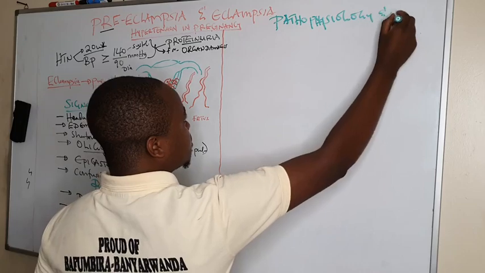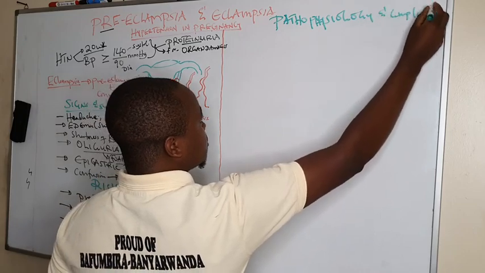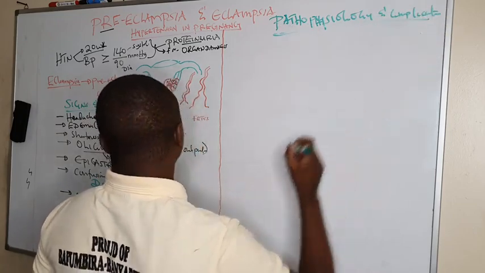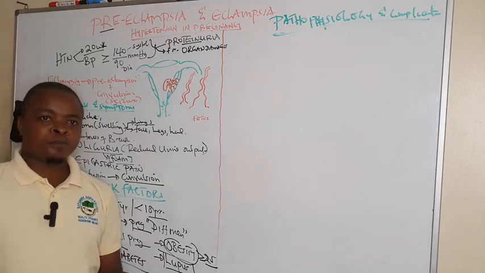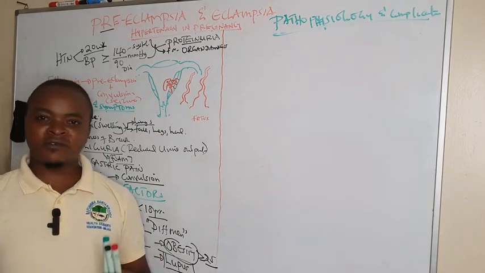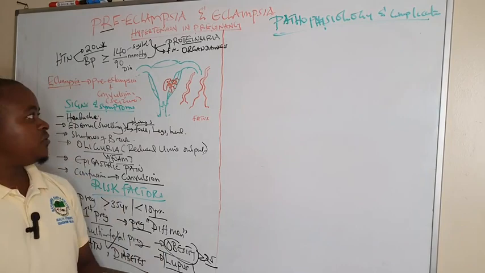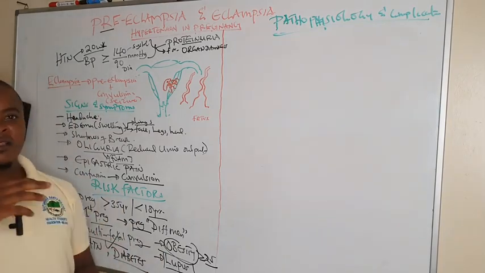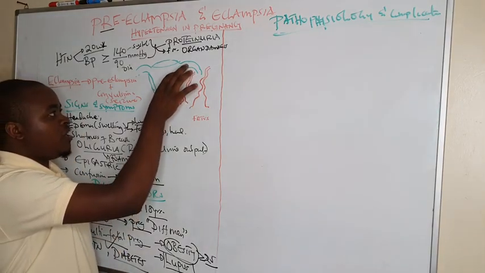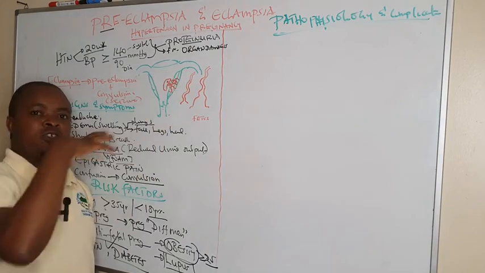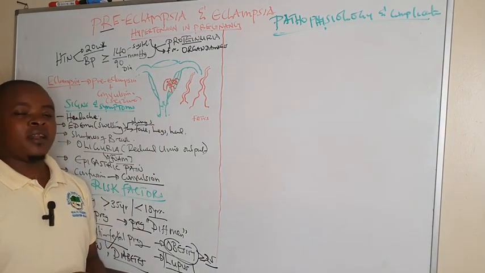And complications. So with this preeclampsia, it develops. We know that during pregnancy, the fertilized fetus is implanted in the endometrium or the uterine wall, and the blood supply,